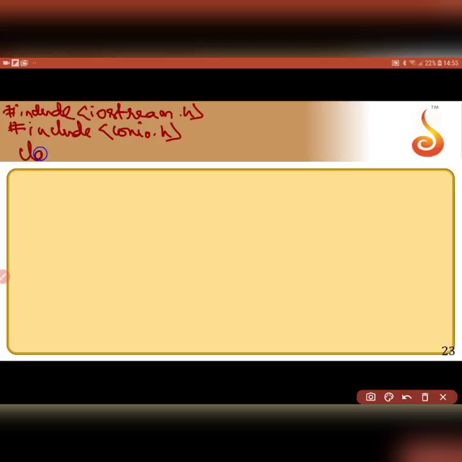Then let me name the class as array. Here you don't have a keyword called array. Array is a concept, it's a data type, but you don't declare the data type using array as a keyword. Array is not a keyword, so I can name it as a class name.